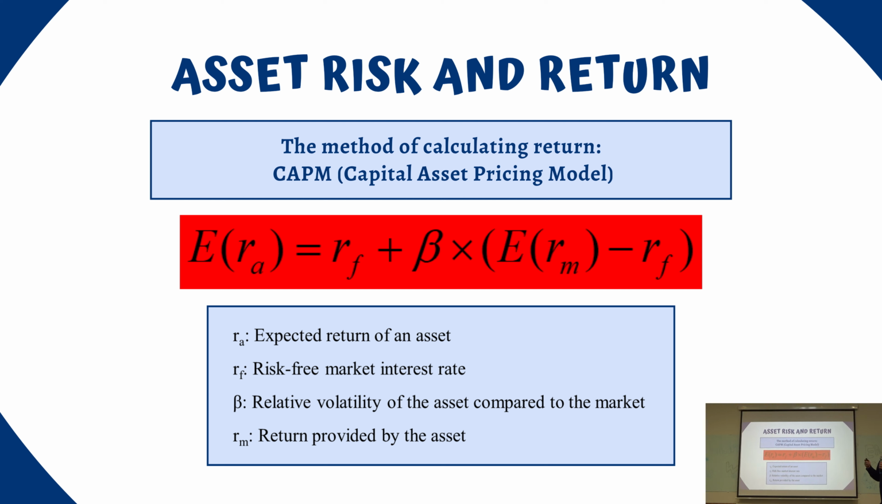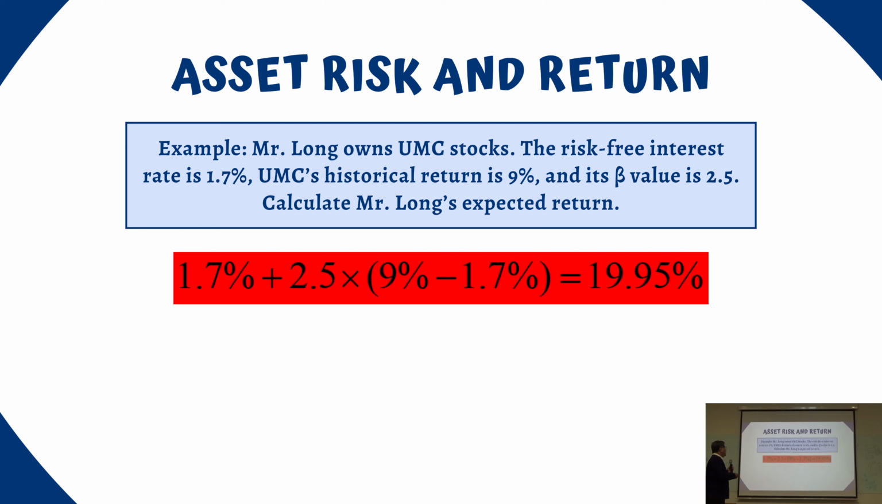The inventor of this equation is Professor Sharpe, and he won the Nobel Prize just because of this simple equation. With the risk-free rate, the market rate of return, and also beta, a very important coefficient, you put them together and you are able to evaluate the expected rate of return for each of the assets in the market. So for UMC, one of the stocks, if you know the historical return is 9%, and beta is 2.5, and the risk-free rate is 1.7,